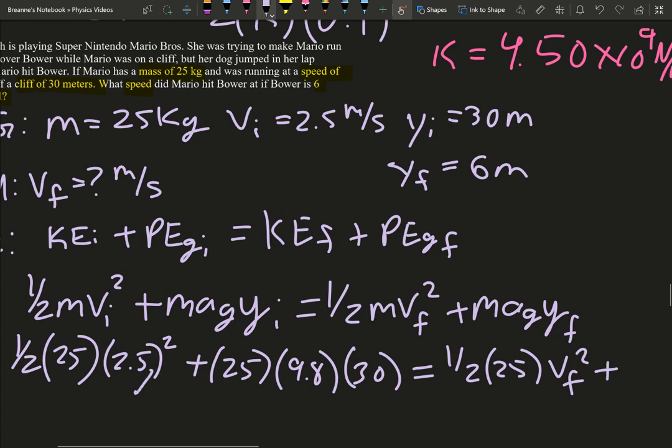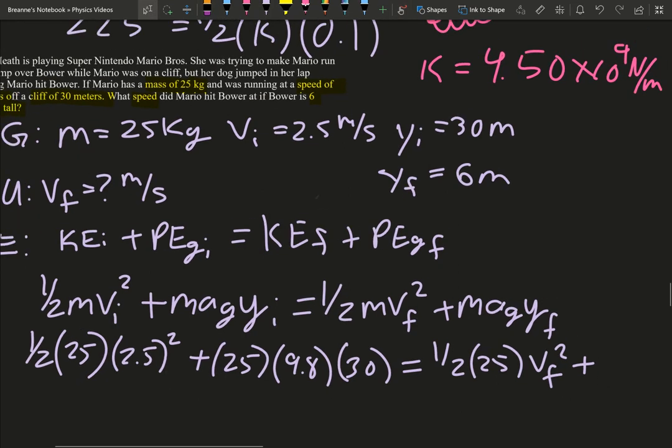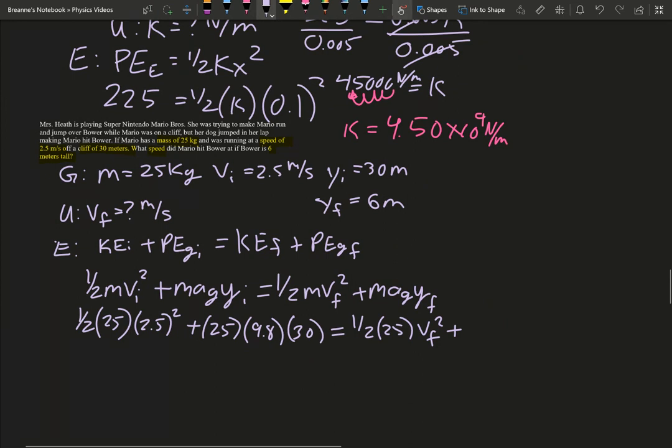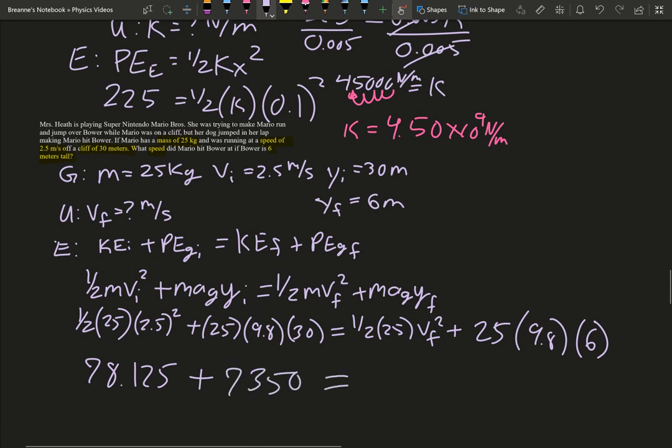Plus mass, which is 25 times 9.8, and the height he hit Bowser at was 6. So you're going to do little sections. You're going to take your 1/2 times 25 times your 2.5 squared, and you're going to get 78.125 for that. Plus, you're going to take your 25 times 9.8 times 30, and you're going to get 7,350 equals. You can take your 25 and multiply that by 1/2, and you get 12.5 and your velocity squared. Don't forget your squared. Plus your 25 times 9.8 times 6, and you get